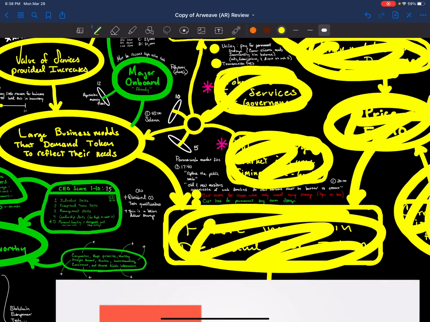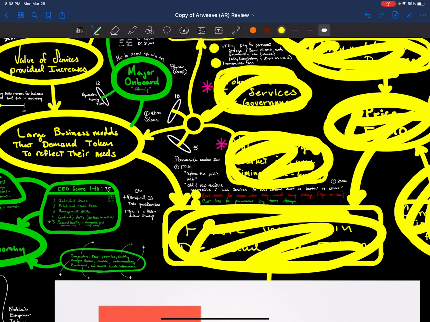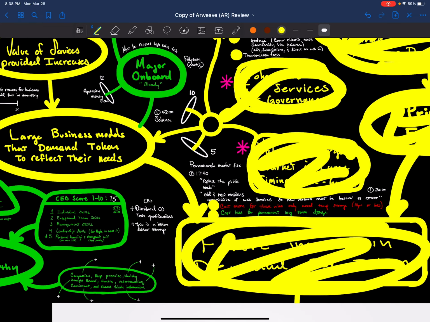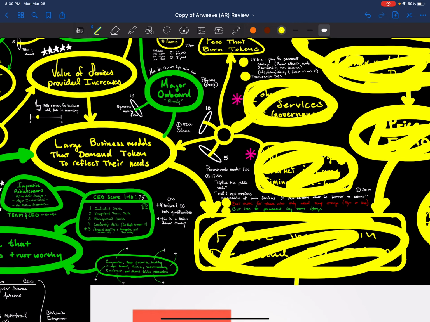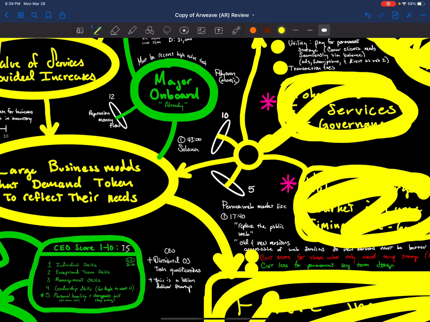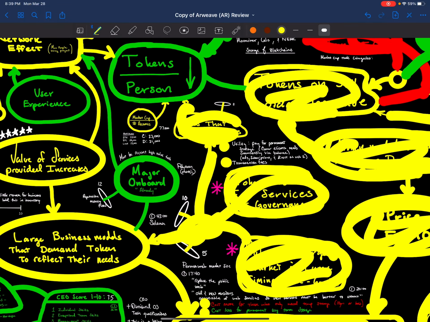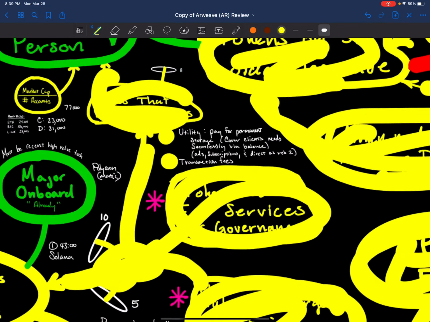And so I'm not sure about the size of that market, because I know that businesses would care, hey, I only care about 10 to 20 years. And if that data is valuable, then at those times in the future, before that data is deleted, someone will insure the cost of that data, because that's the point of it being valuable. If no one values it, it'll disappear, and it can get lost, etc. So you've got to think about all these things. But for the most part, businesses are going to care about that 10 to 20 year time span. They're not going to be thinking 20 years out for data storage. So I just put that as neutral. Fees that burn tokens, I put that as neutral, because there is no mechanism that burns fees.